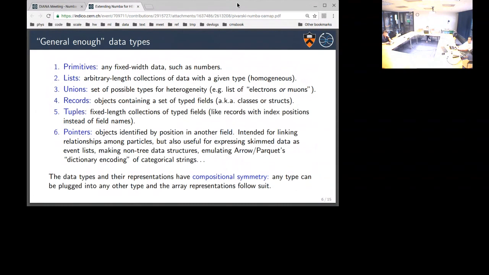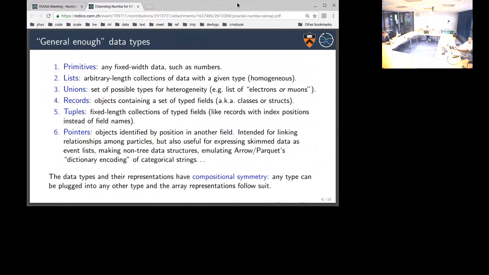But it's outgrown that initial use case. It's also useful for expressing skimmed data as event lists, for making non-tree data structures, for emulating Arrow and Parquet's dictionary encoding of categorical strings, well beyond HEP. Pointers are actually a surprisingly enabling part of this.